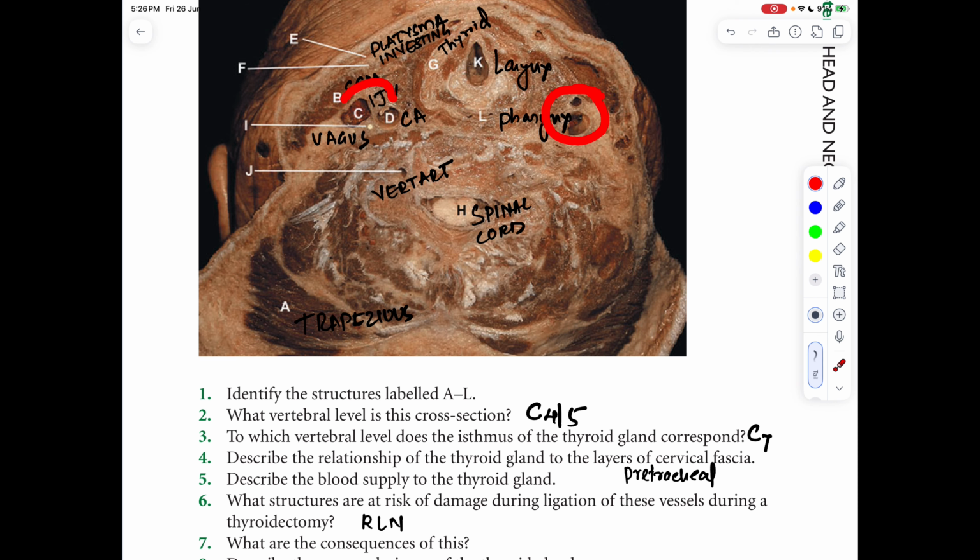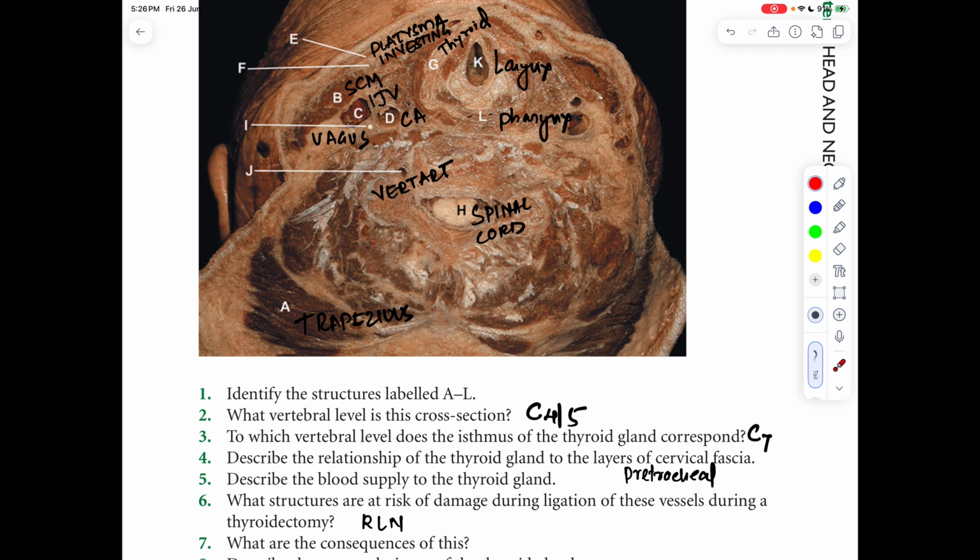So this is the neck, and this is the larynx. And L1, this is pharynx, this is larynx. Esophagus is compressed, and then this one is thyroid like this, and this is platysma. What vertebral level? This has to be C4-5